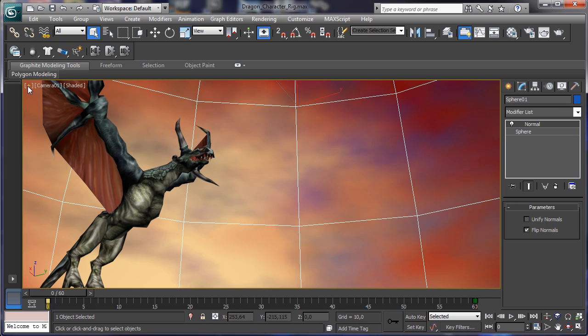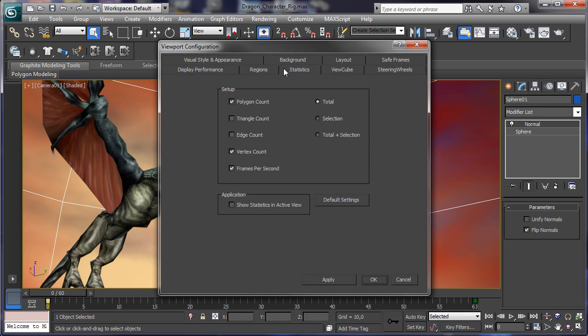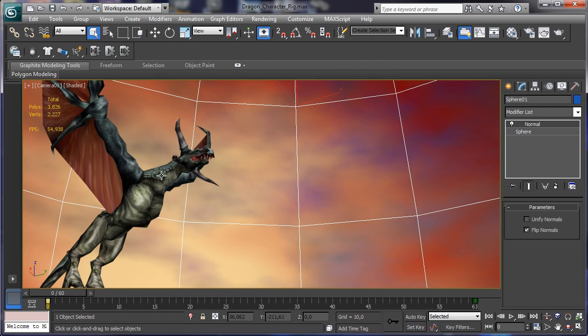To see how much acceleration we can have, we can go to the plus button on the viewport configuration. We select Configure Viewports, and in the Statistics tab we say that we'd like to have the polygon count, the vertex count, and the frames per second. Obviously the total. So we say Application: Show Statistics in Active View. Okay, and you see that now we have this panel, total polys 3000 polygons, near 4000, the number of vertices